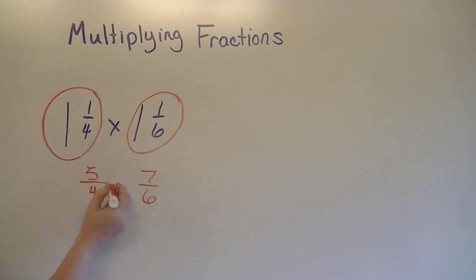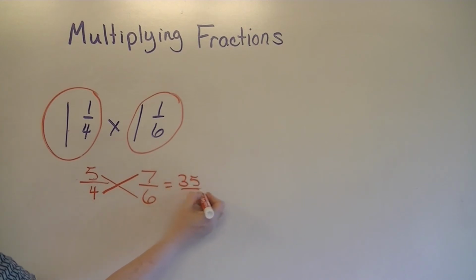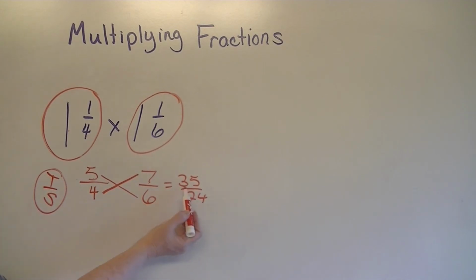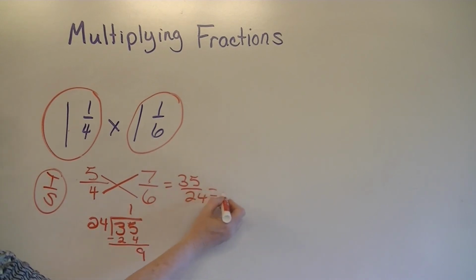I'm going to look across for cross cancellation. 5 and 6 don't have anything in common that I can simplify them by, and neither do 7 and 4. So I'm actually done with that, and I'm going to have to multiply straight across my numerators and my denominators. 35/24. So I'm going to ask myself the is question. Is my fraction improper? Yes, it is, because the top number is bigger than the bottom. So I'm going to divide it. 35 divided by 24. It goes in one time, and I have 9 left over. So my answer is